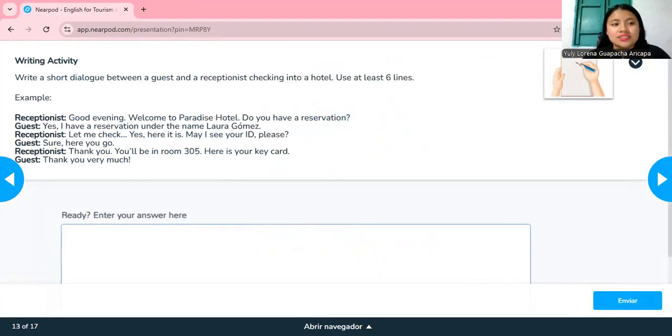Very good. So, this activity is about writing. In this part, read the instruction. Write a short dialogue between a guest and a receptionist checking into a hotel. Use at least 6 lines. For example,